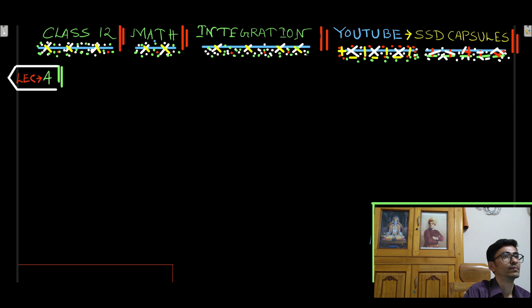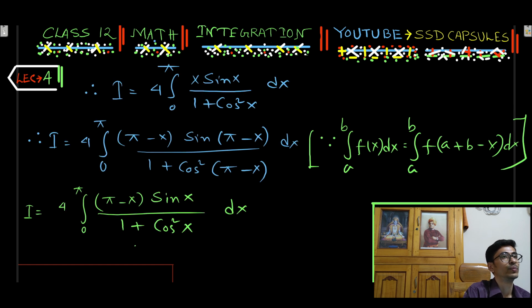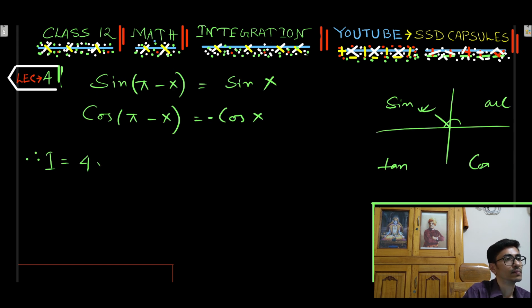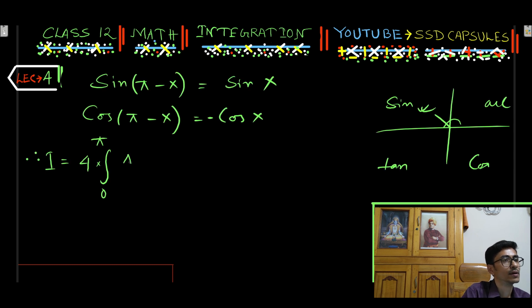Next page. Therefore I equal to 4 into 0 to pi, pi sin x by 1 plus cos square x dx